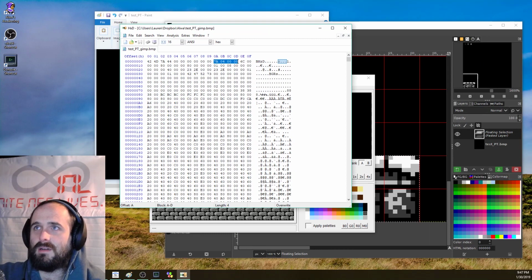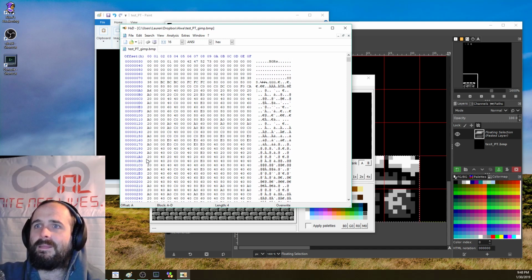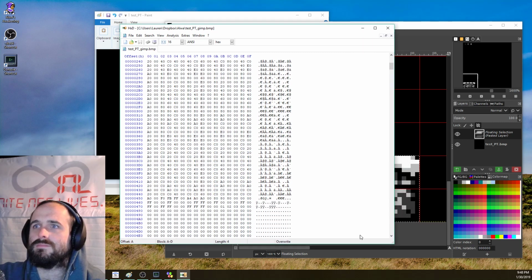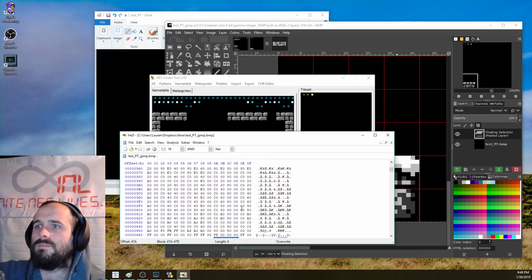So I think it's here. The pixel array starts at 47A. Which would be right here, 47A, or here rather. So look at that, there we go. We have this, so these are those first 4 pixels. Starts in the bottom left,